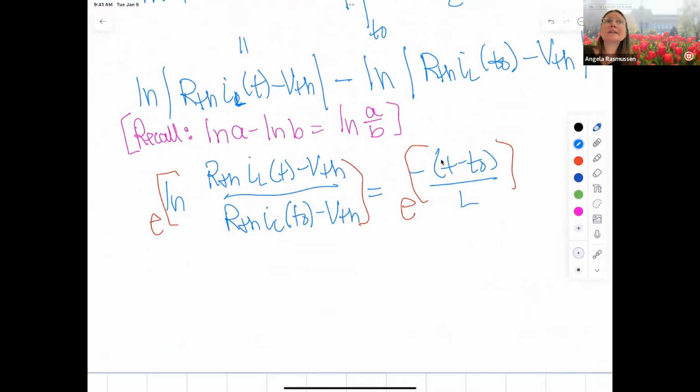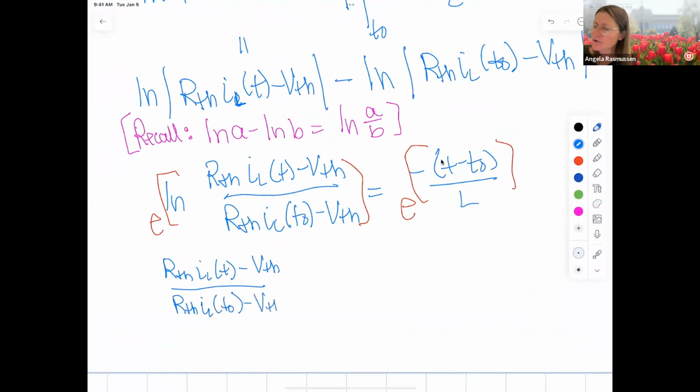And so now that e removes the natural log portion, so we're left with RTH IL of t minus VTH over RTH IL of t0 minus VTH is equal to e raised to